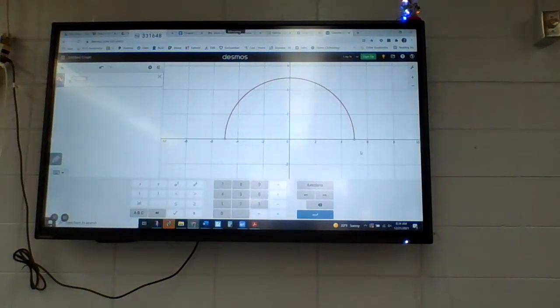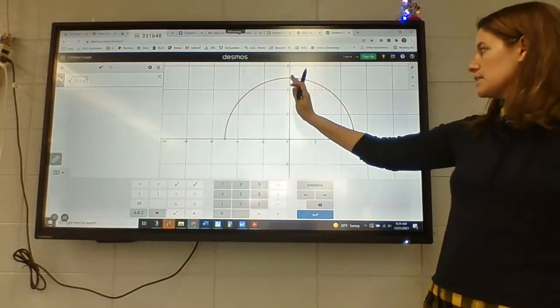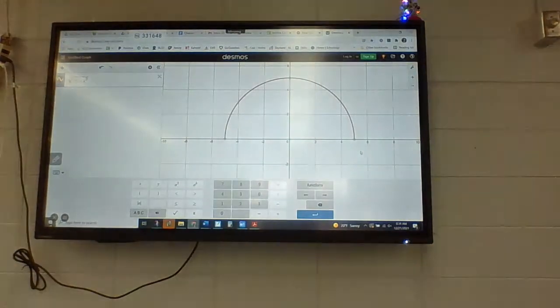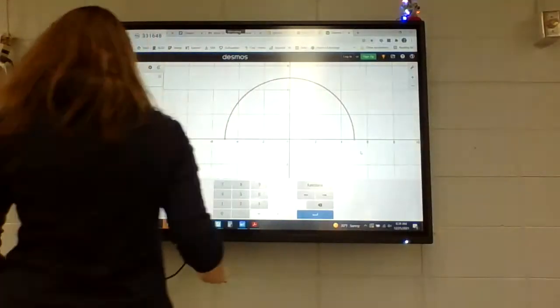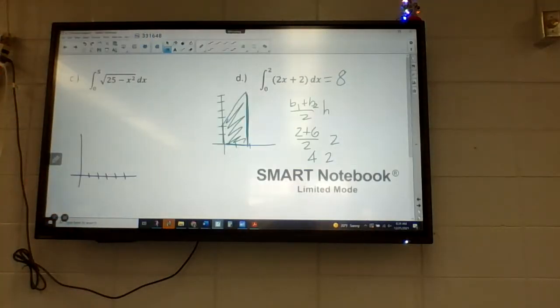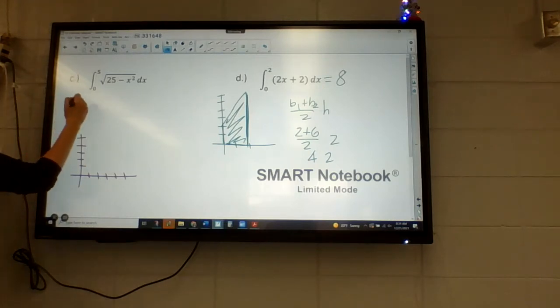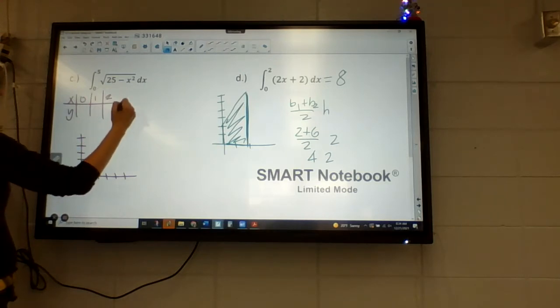If I put that on my graphing calculator on decimals, or if you do it in your graphing calculator, which you probably haven't had out since first semester, 0 to 5 is going to be this semicircle here, this sector. So we're basically finding the area of this space. So I know it's going to be a curve. I know it's going to have a circular shape to it. And so using your tools to know that, I'm going to substitute values in to figure this out. So I'm going to do a quick little table here. If I'm unsure about the shape or where things are going to show up,